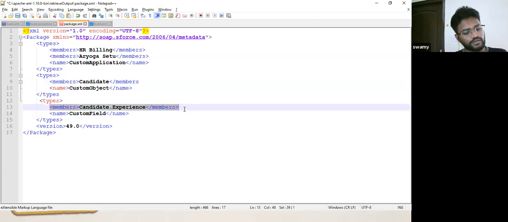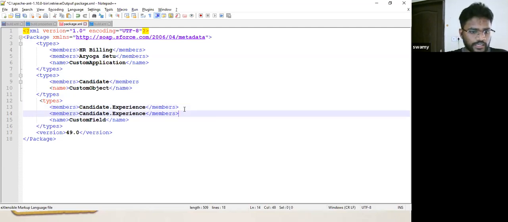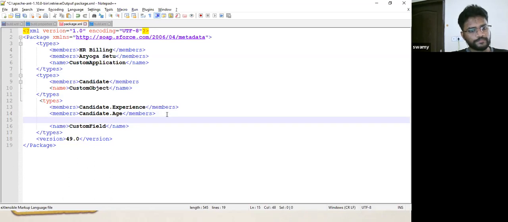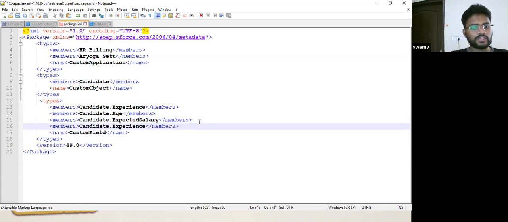And if I have to give more members, Candidate.Age, and again Candidate.Expected_Salary, and another Candidate.Last_Salary.